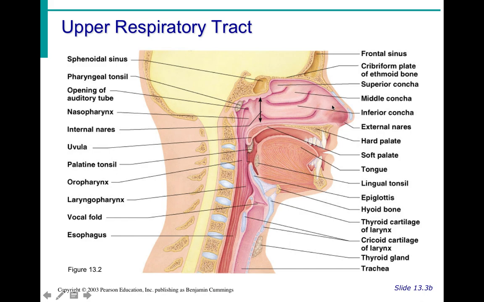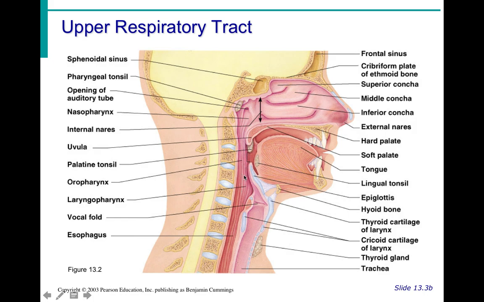So here it shows the nasal area. Notice that the nose and the mouth are separated by a plate. You have a hard palate, which is in the front by where your teeth hold, and at the very back is the soft palate, and that soft palate ends in what you can see in the back of your throat, which is your uvula. There also are your tonsils, and some of that helps with your immune system. So the nasopharynx is back here behind the nose, the oropharynx is right here behind the mouth,